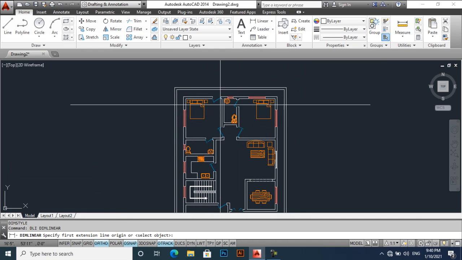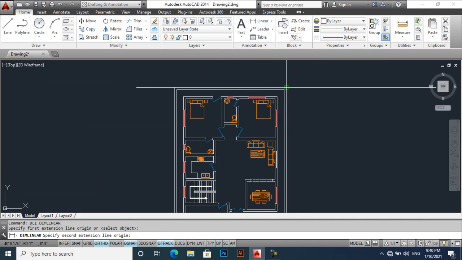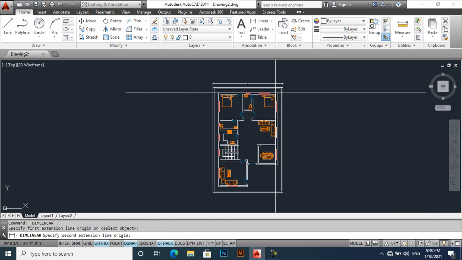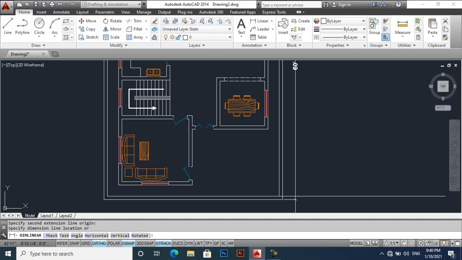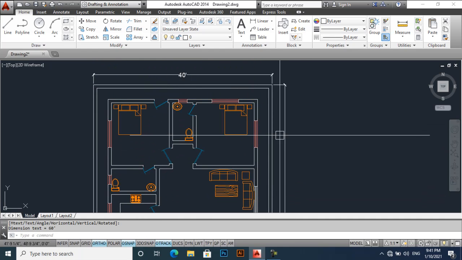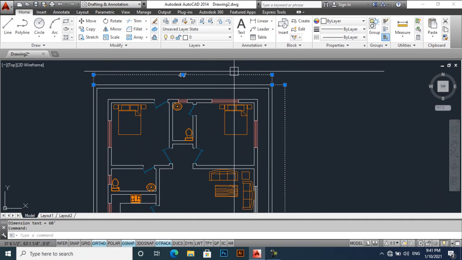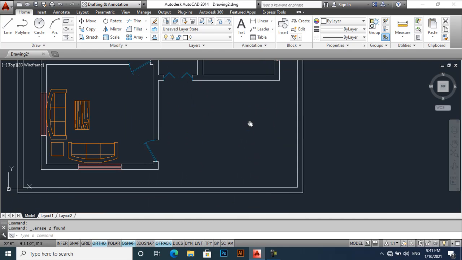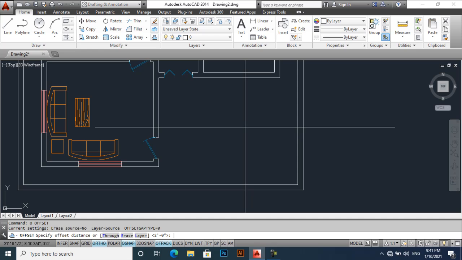DLI for dimension linear. For now I will delete all these dimensions and take an offset of 1 feet,